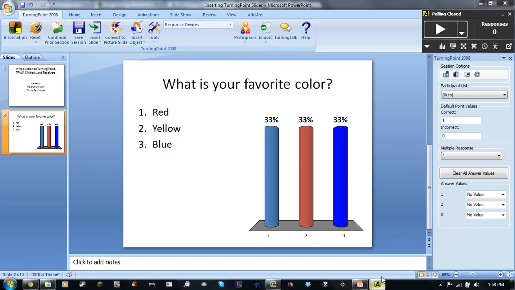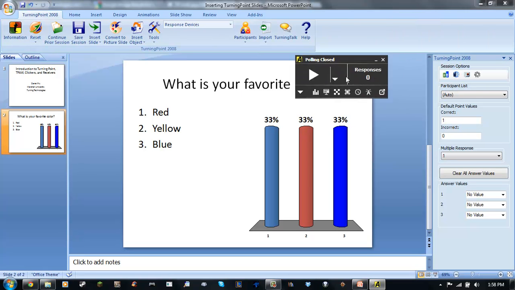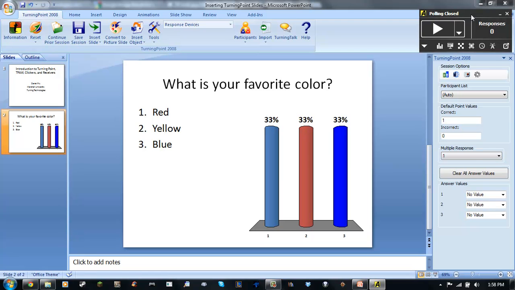Turning Point Anywhere is, for all intents and purposes, the same as Turning Point that's built into PowerPoint. However, this is a standalone program. It is a separate entity from Turning Point. It can run on its own. You don't have to have PowerPoint open for this to operate. Mac users